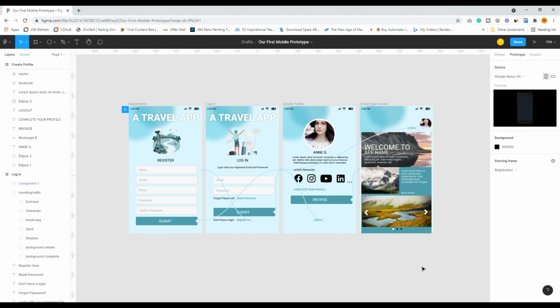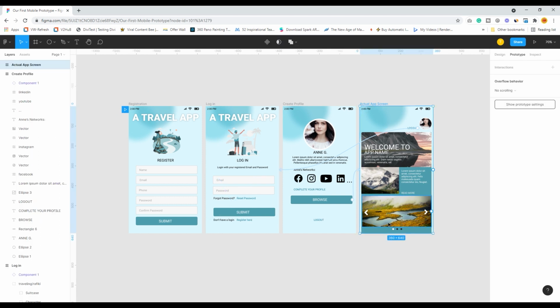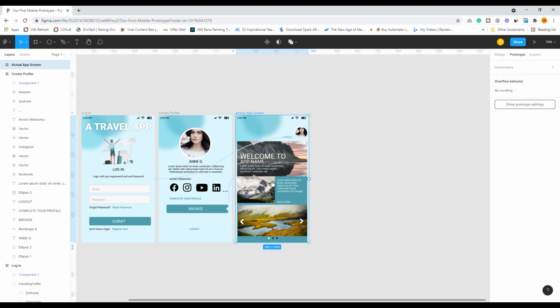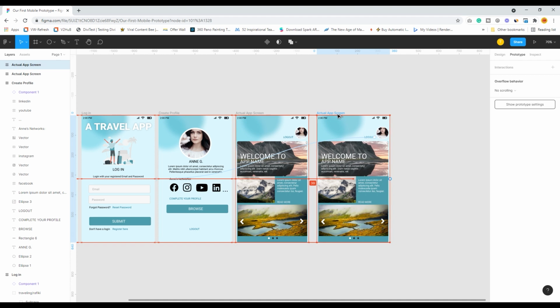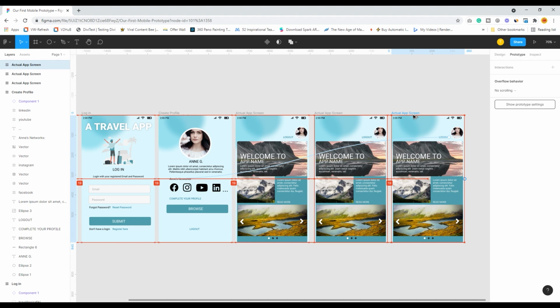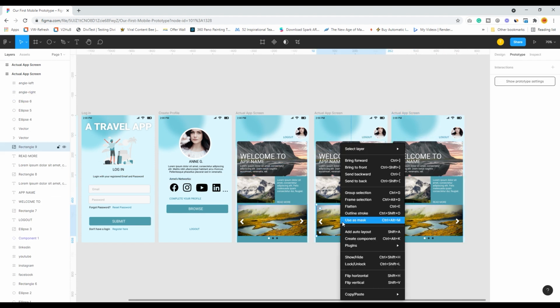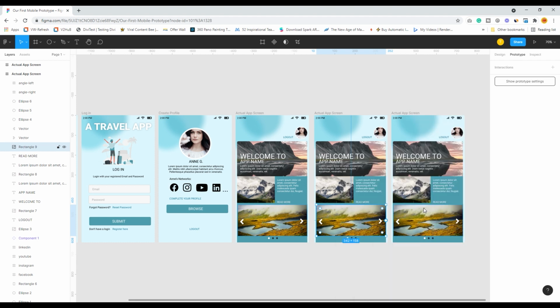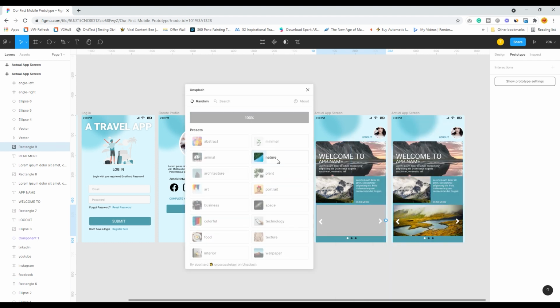Only one particular thing is left. I want you to see how these things can be done. So I just want this slider to also work. For this, in the prototype I have to copy paste two instances to show you how the slider works. Okay, great. In this image, I will change this image, go to plugin, Unsplash, and take a different image.